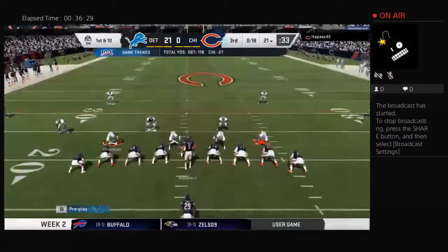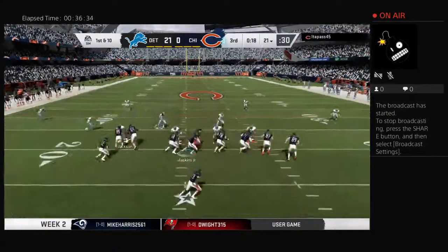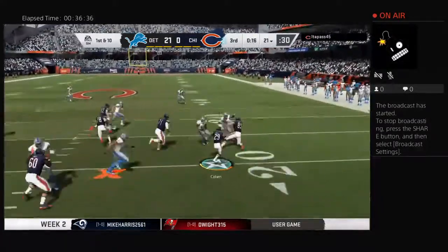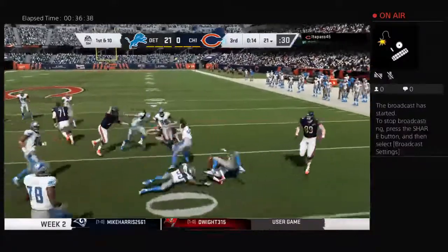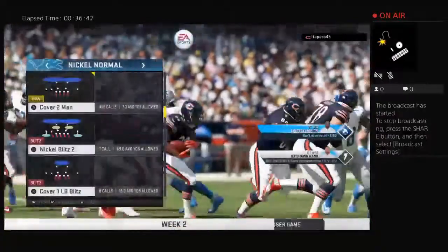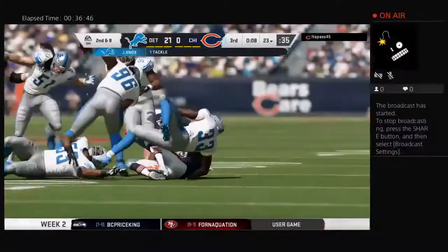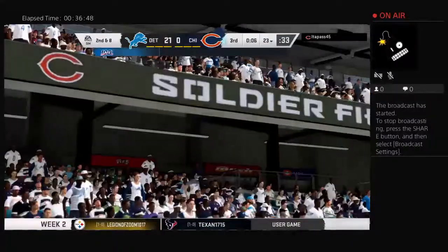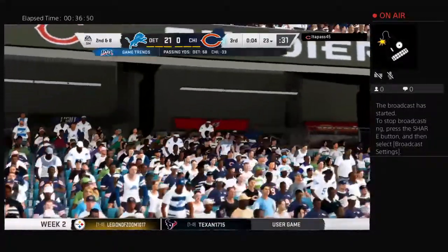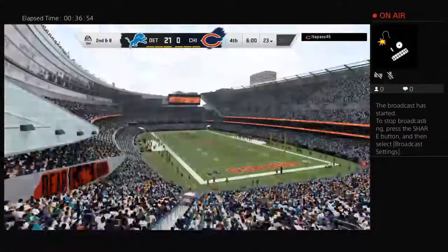At the line, prepping for their next drive, the Bears offense. These guys had to punt last time. It has not been a very fruitful game offensively thus far. They haven't even made a trip to the red zone. And I know that everyone's going crazy on that sideline because that drives you berserk to come off the field, not really move the ball well. As you said, not even get to the red zone, let alone put points on the board. They've got to just take a deep breath, relax, try and figure out what is working, and call more of